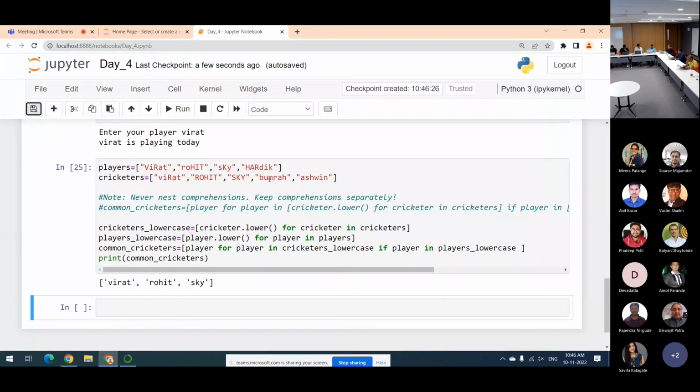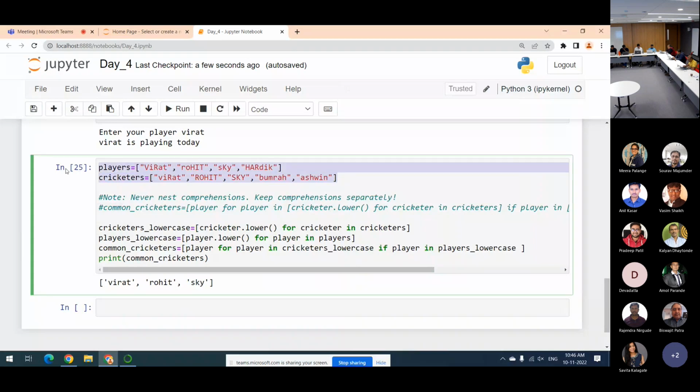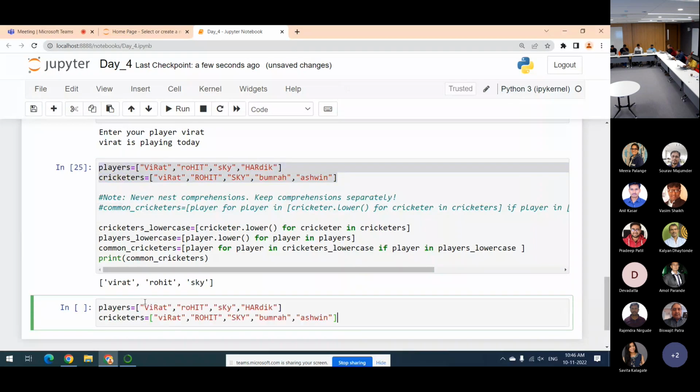Okay, so this is about list comprehension. We'll go ahead with set comprehension. There is no big deal about it. It is exactly like list comprehension. The only thing is, instead of square bracket, you'll use curly bracket. That's it. So if you want to create set comprehension, same example, I'll just copy this, paste it,